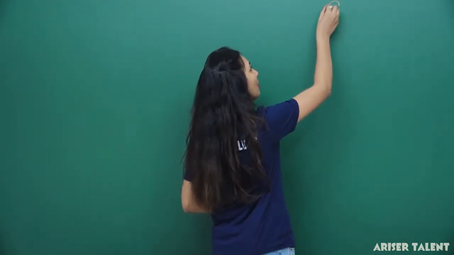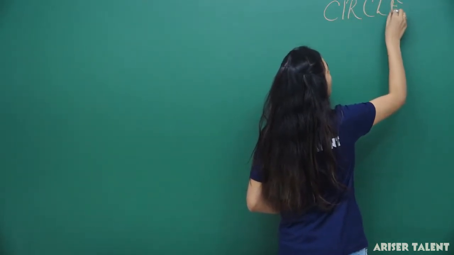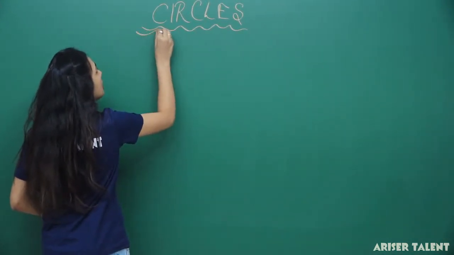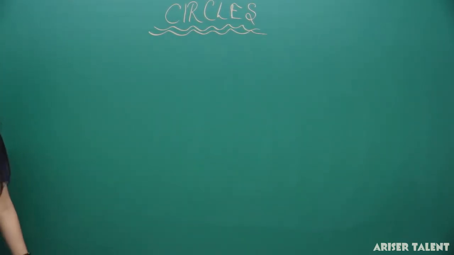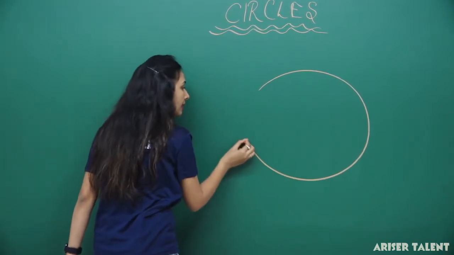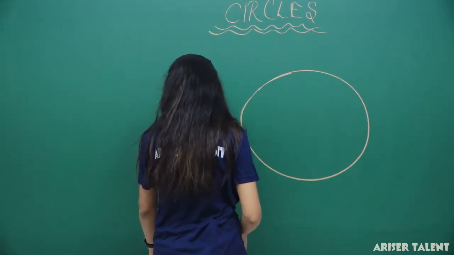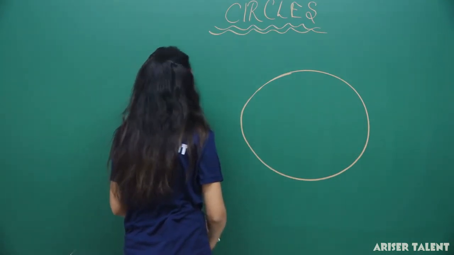Students, what were we studying? We are studying this chapter. This chapter's name is circles. Now, what have we gone through? We have gone through the circle, that this is not a circle. So basically